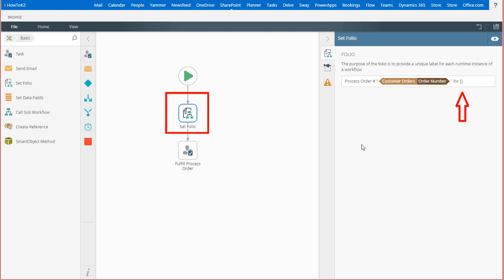I also want to add the customer name to the folio field to help provide more information about the task for users that need to fulfill an order. This field lives in a customer list in my SharePoint environment, and for this example, I'll access it through a SmartObject method call. We can open the context browser by clicking on the context browser icon in the upper right